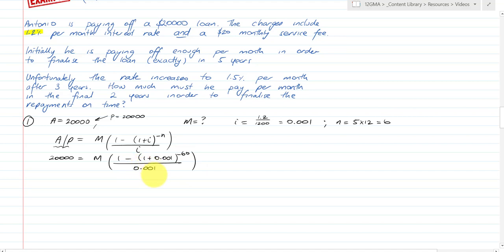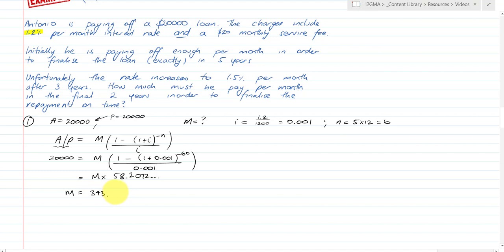My approach to this is to calculate all this stuff. So that's equal to M times 58.2072, with some extra decimal points there. And then I can calculate M by dividing 20,000 by that. M is equal to